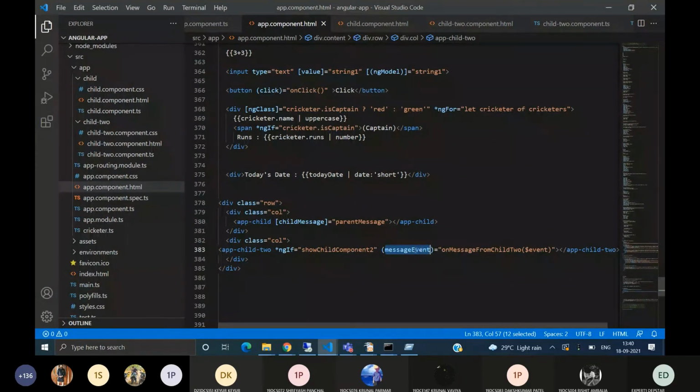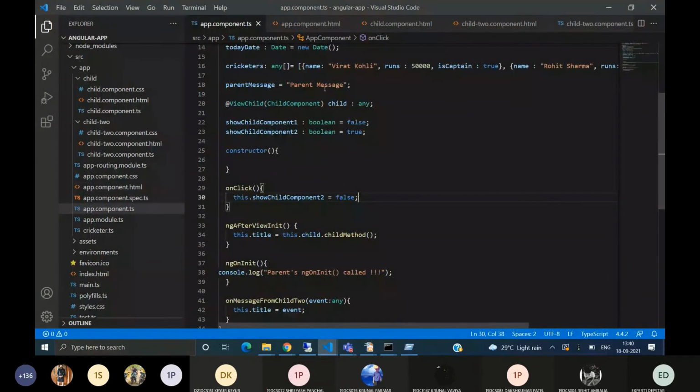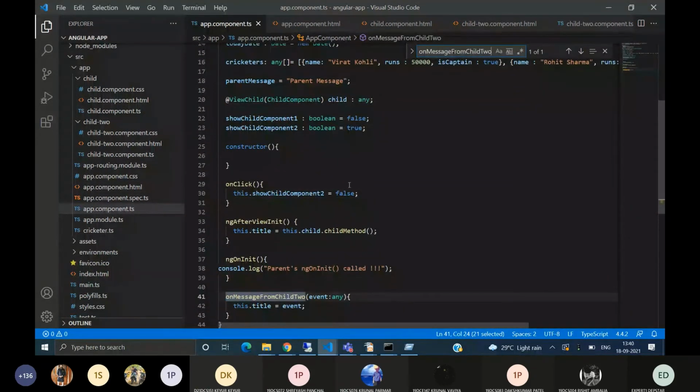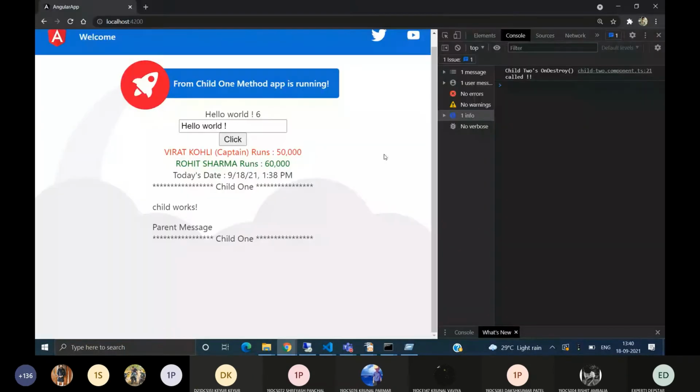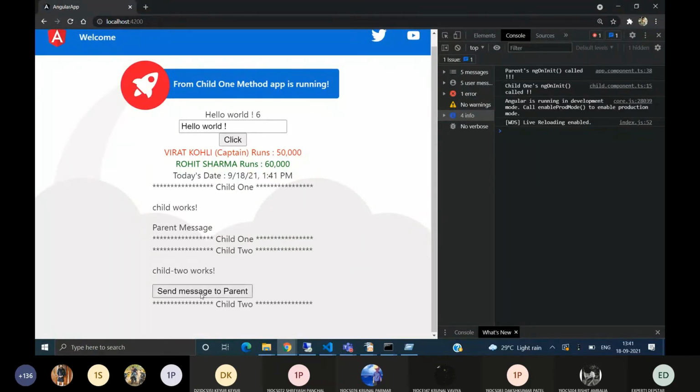When this event is emitted, we call onMessage from child 2, and in that method we have changed the title. On this click, on detecting the event, the child 2's message is being updated in the parent.